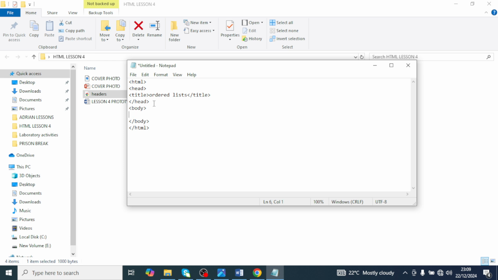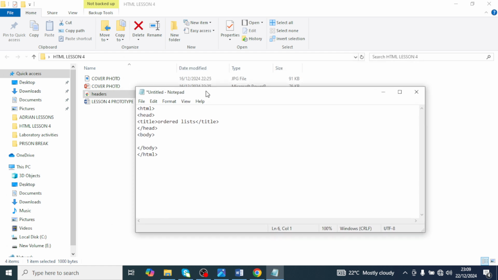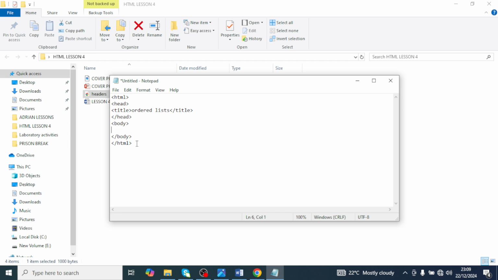Now if you don't want to create anything like a basic code, you can just copy this and then you just open a new notepad and then you just paste it there to have your basic code. And I did that, I think, in a video that was about links. I was copying the basic code 2 times to have 2 pages so that you avoid retyping the basic code. But if you're not yet okay with the basic code, you can type it as many times as you can to perfect it. Okay,